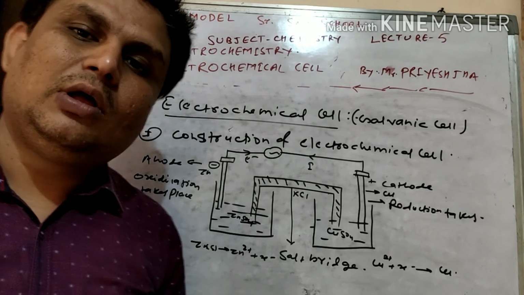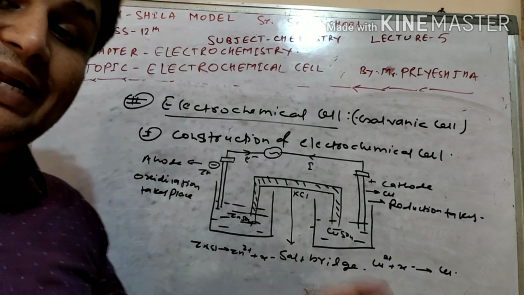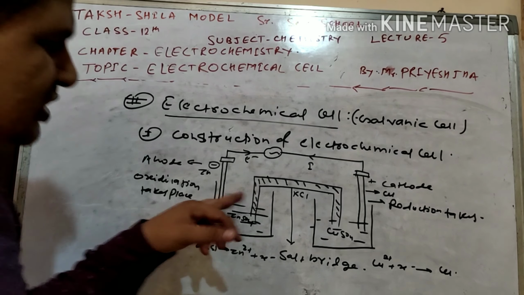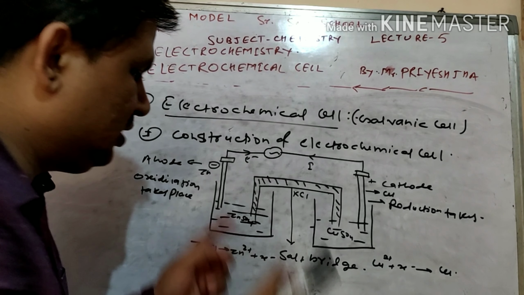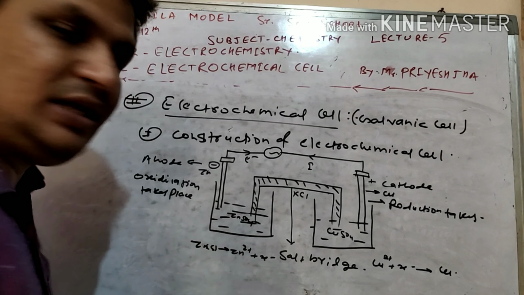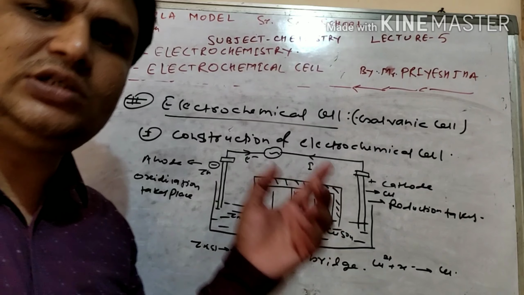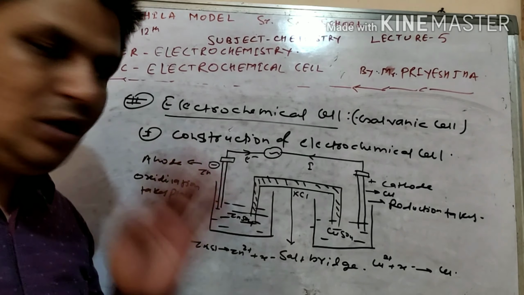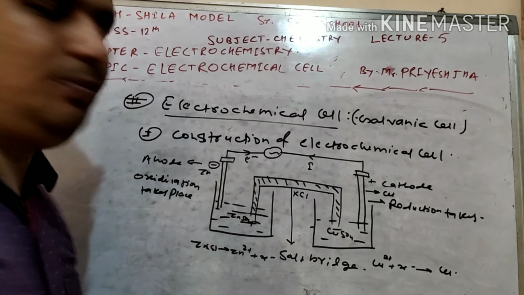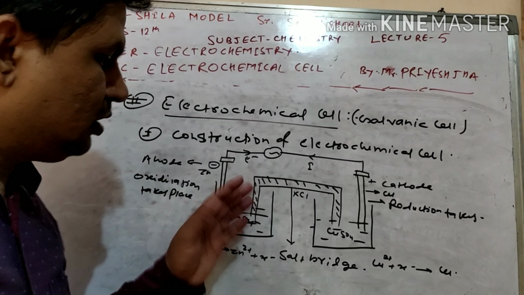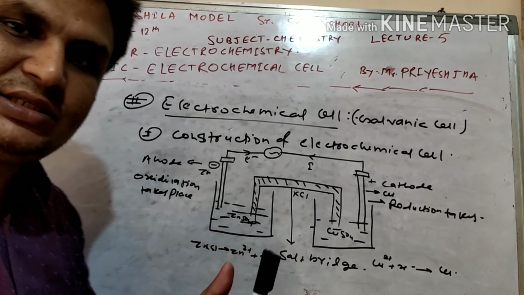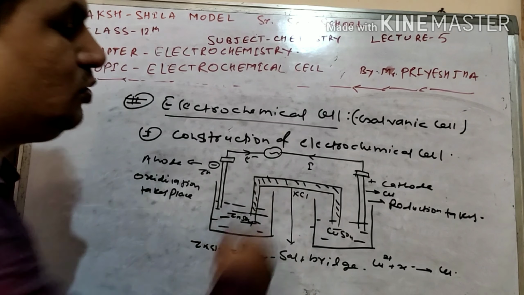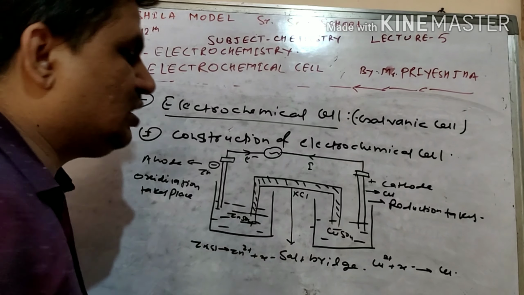So the question comes, what is a salt bridge, what is its function, and give one or two examples of a salt bridge. A salt bridge is a U-shaped container which connects two cells without intermixing, having a solution of salts like KCl, sodium sulfate, sodium chloride, ammonium chloride, etc. The function of a salt bridge is to combine two compartments without any intermixing, and to maintain electrical neutrality by the movement of ions from one compartment to another. So this is the function of the salt bridge.